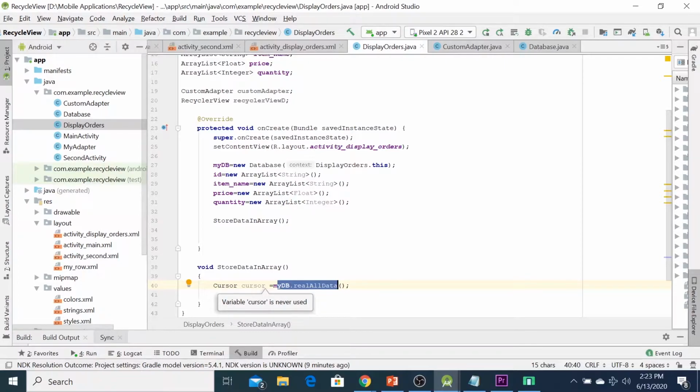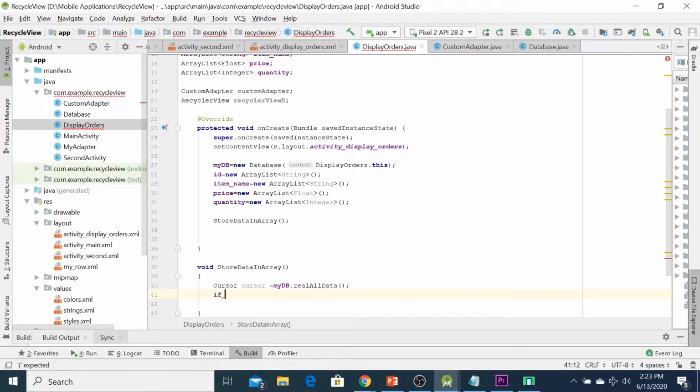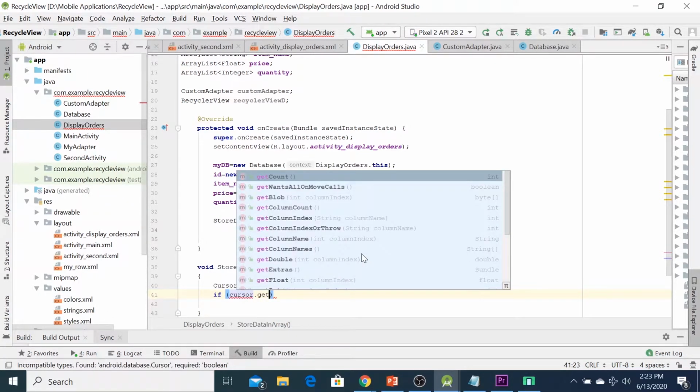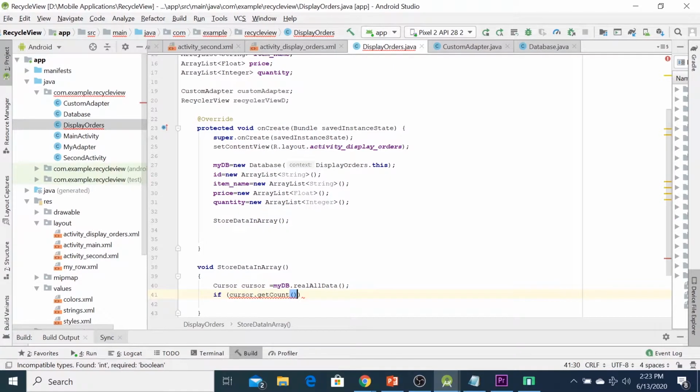Okay, next we are going to check if our cursor get count is equal to 0. That means there is no data. So we can put the condition if cursor dot getCount equal to 0.